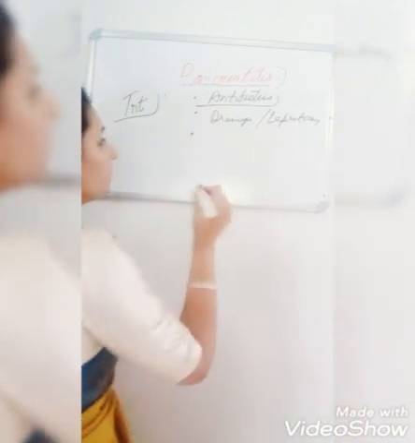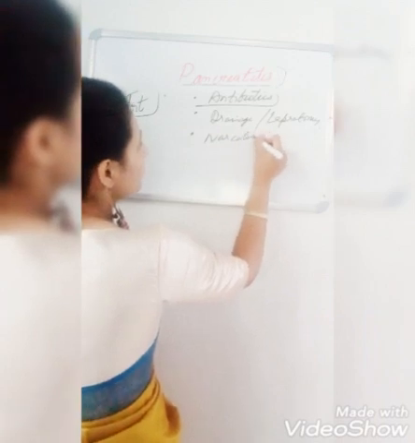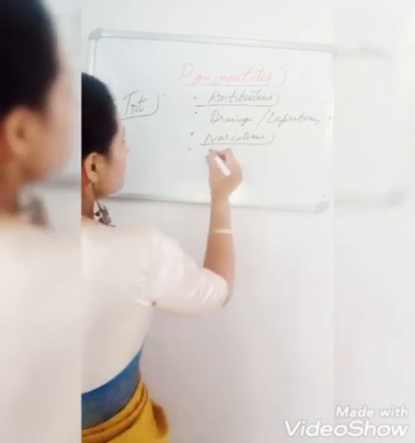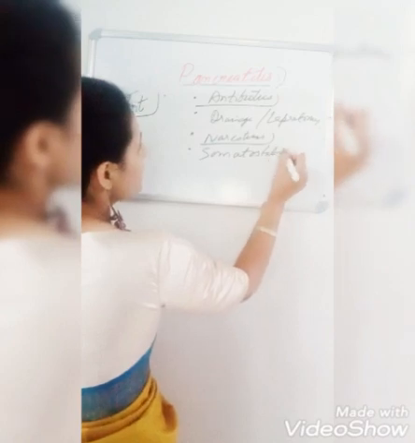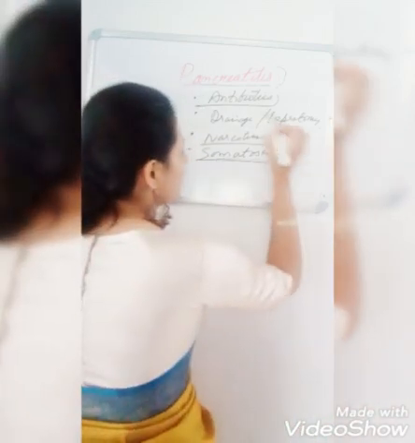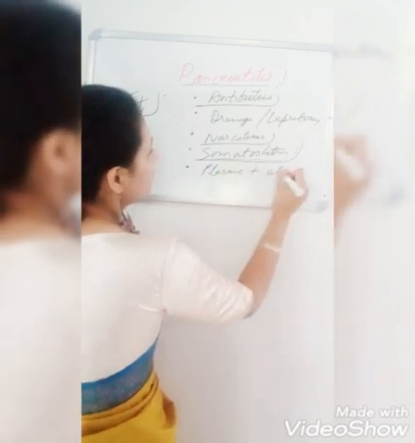Then besides this, to treat the pain, narcotics are given. Painkillers and narcotics are given. Then somatostatin is given to suppress the levels of pancreatic enzymes or pancreatic secretions. Somatostatin is given. Then protein level is very much decreased. So plasma is given along with albumin.